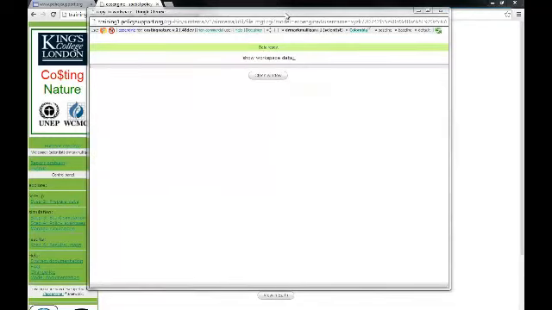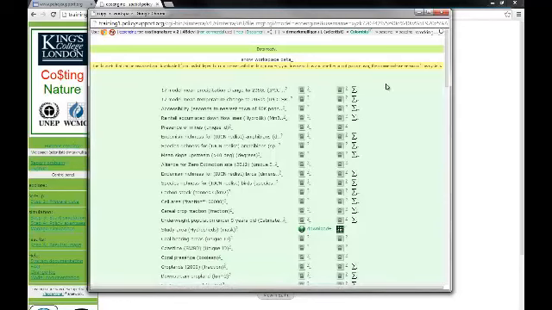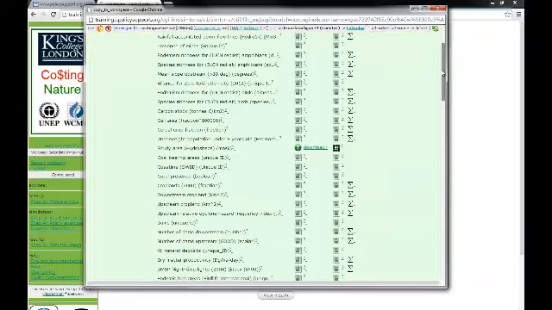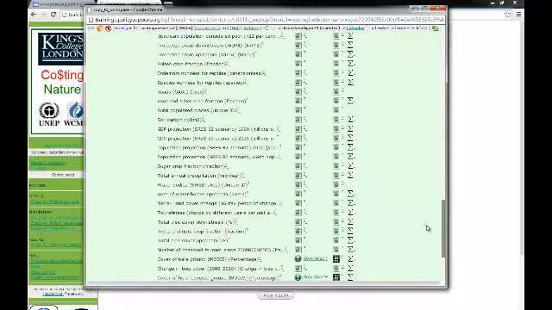Okay, so the system is now ready with copying over the data, and now it says data ready and show workspace data. So we click on the plus minus next to here. We can see all the data that is necessary to do a run in Costing Nature. All these locks here mean, as it says at the top here, that these are licensed data sets. So the data sets that can be visualized and downloaded from this list depend upon the licenses that we have with data providers, but also on the license that you have with us. Obviously, we're using the free scientist user interface, so there's not many maps that you can actually have a look at or download,